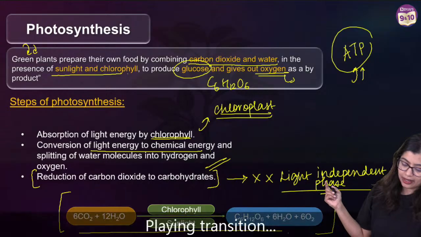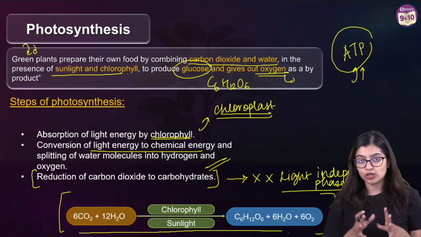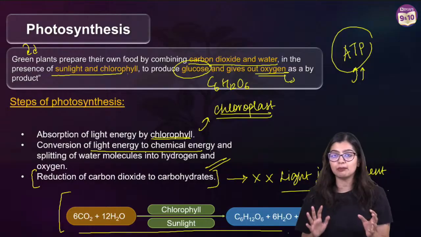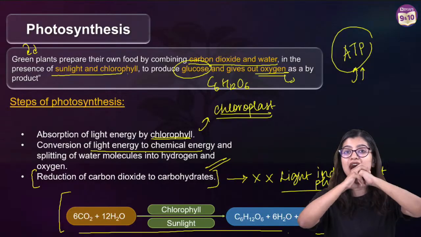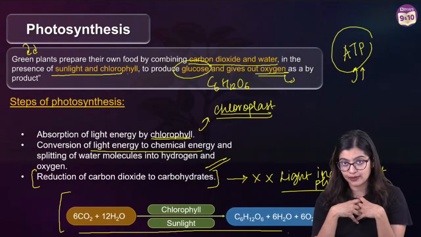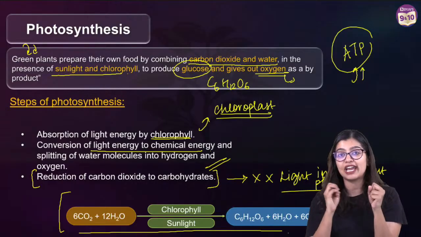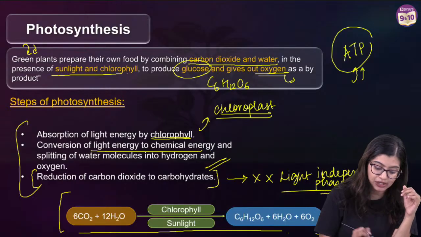Yes? Okay. Moving on, all of you, I'll quickly summarize, right? So quickly to summarize, I'm going to do it once again. Photosynthesis is the process by which green plants prepare their own food using carbon dioxide and water. They combine in the presence of sunlight and chlorophyll, giving us glucose and oxygen. Now, how exactly are your carbon dioxide and water combining? That takes place in the 3 steps mentioned here.